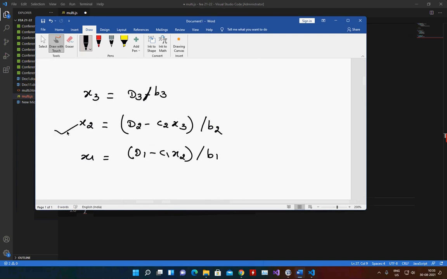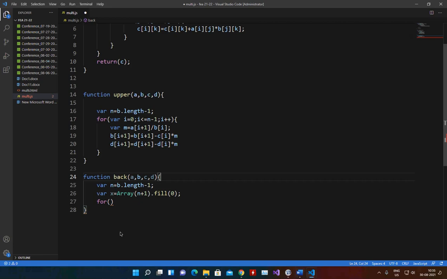For the rest of the elements I can go for looping, but this last element I have to calculate separately. It's a series; only the last thing I have to handle differently. So that is what we are going to do.